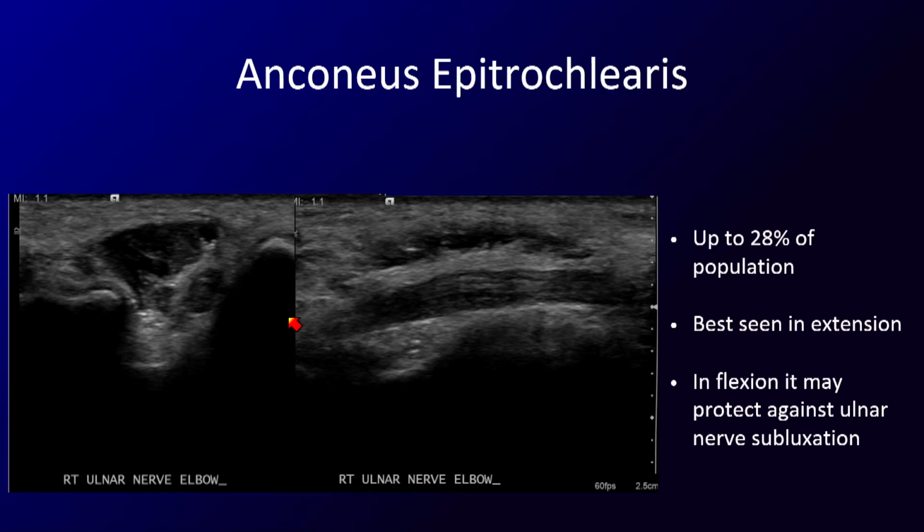Now, entrapment may not necessarily be due to known ligamentous structures. There may be masses or anatomic variants that can cause entrapment. Here is one example of a variant. It's the anconeus epitrochlearis muscle, which typically is at the level of the elbow and can cause entrapment symptoms involving the ulnar nerve. This muscle is seen in up to around 30% of the population and is best seen with